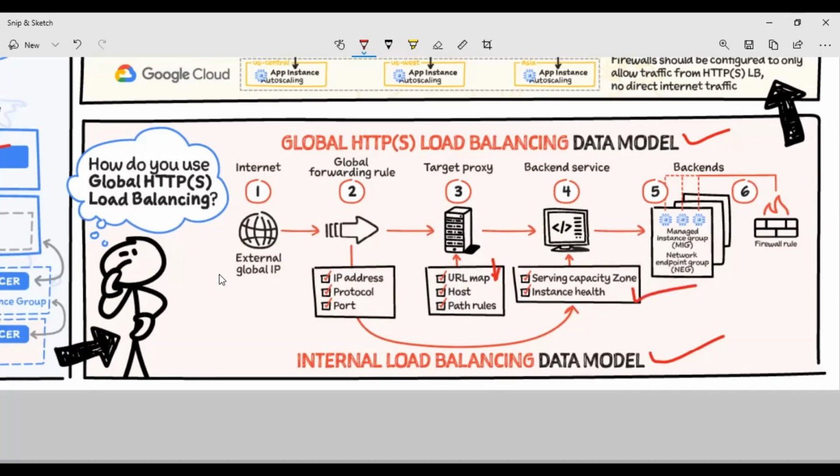Okay, so again, if I repeat, an end user trying to access any resources is forwarded through the global forwarding rule within the environment as soon as they hit the server, right? Then it is moved through the target proxies and the backend service. The backend service will see if it is able to serve it, if the instances which are going to serve your request are available and healthy. If not, it is going to create one more instance, scale up, and then